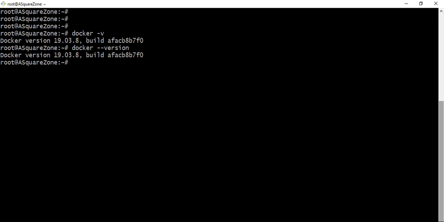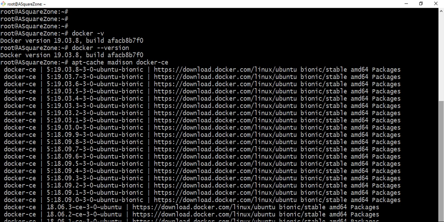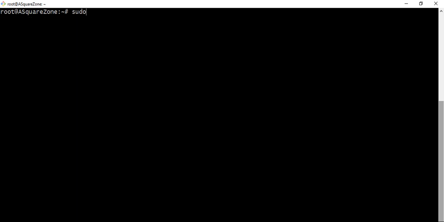If you want to install any specific version, then there are a few more steps. For that, we need to run one command, that is apt-cache madison docker-ce. It gives the list of available versions. Here multiple versions are there, so whichever version you want to install you can choose and run the same command. I will show which command you have to run.